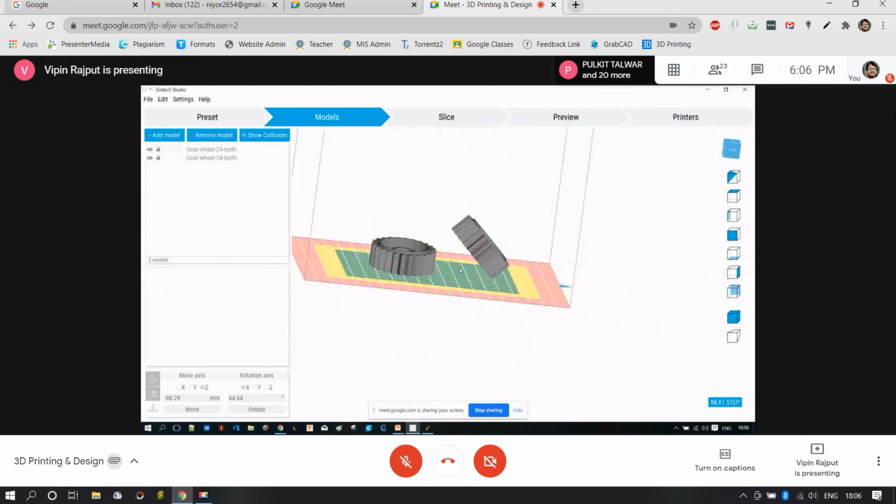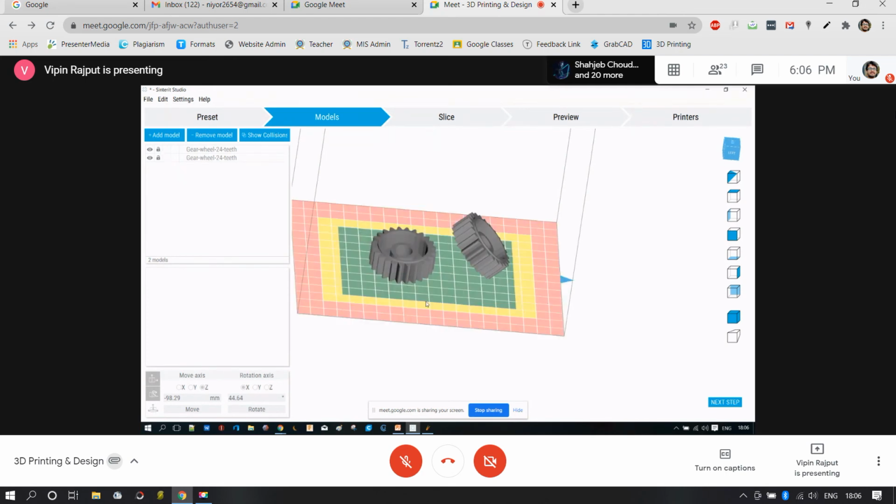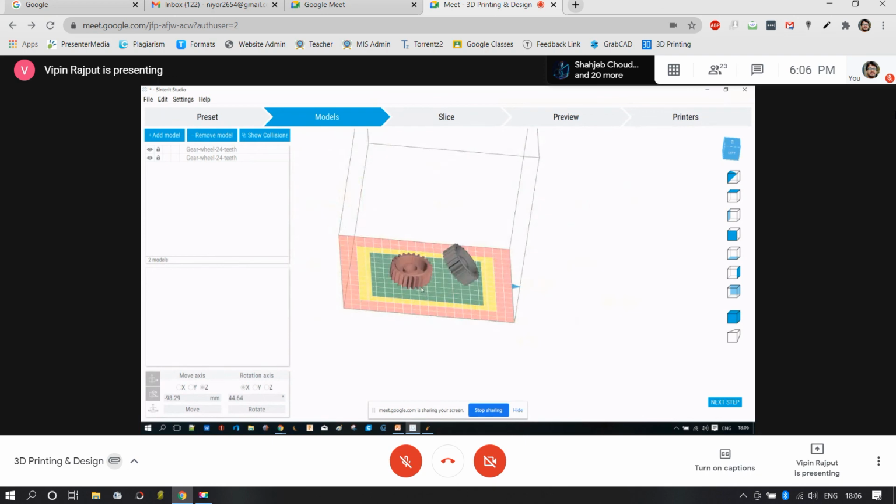Okay, sir. But will the heated bed be enough, even if the area is more? Come again, I didn't get you. Warping takes place in the absence of a heated bed, so if the heated bed is already in the machine, it shouldn't take place.